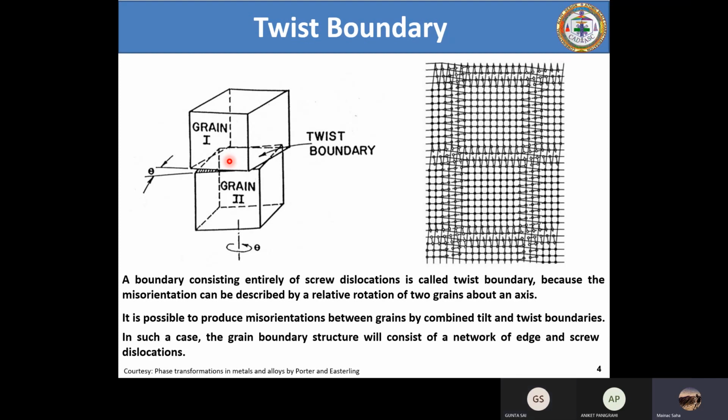Now in this case, the boundary plane is not changing, right? The boundary plane is the plane which is common to both the grains. If you look at your left and right palm, what is the plane? The plane is the palm, the palm of your hand. In case of a pure twist, it is not changing. You are not having a separate grain boundary plane at all. It will be the same palm, and that same palm will be the grain boundary plane.